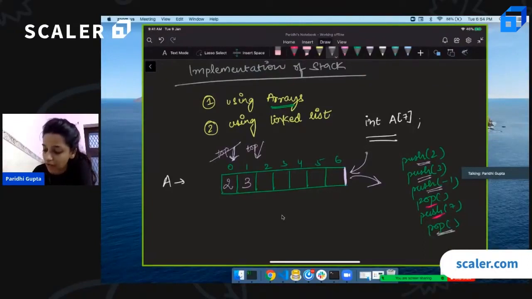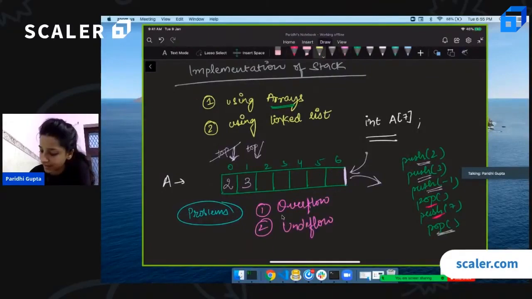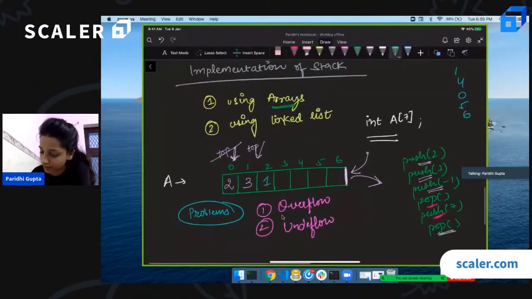Okay. And now can someone tell me the problems of stacks? The problems of stack are very important, if let's say an interviewer asks you to implement a stack using arrays or a linked list. If I talk about arrays, then we have the problems of overflow and underflow. Let's say I want to push 1, 4, 0, 5, 6. These are the items that I would want to push. So 1 comes over here, then 4 comes over here,